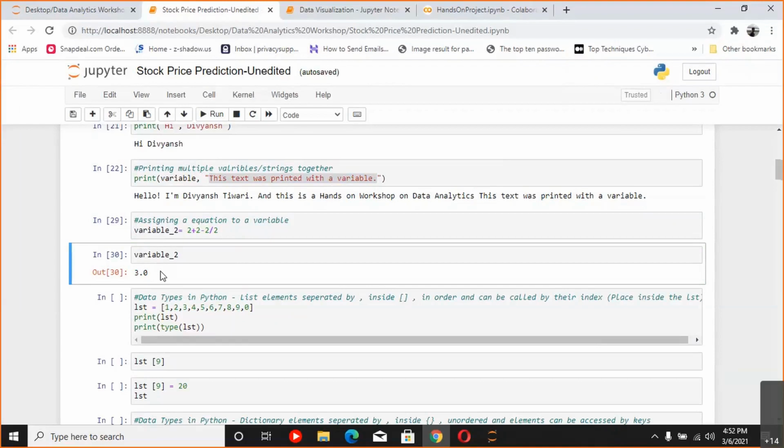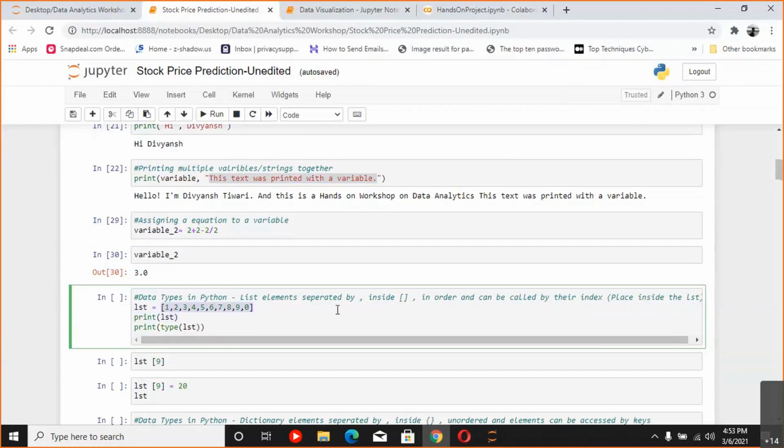Then come some advanced types of structures that are list, tuple, and dictionary. What are these? Let's have a look. So a list is a collection of different elements of the same or different data types. So here you can see I've made a variable LST. To declare a variable, you just have to type any name, which can be the variable name, equals to sign, and then whatever value you want to be assigned. Now, how do you declare a list? To declare a list, you use a square bracket. So anything that you put inside a square bracket will take the form of a list.